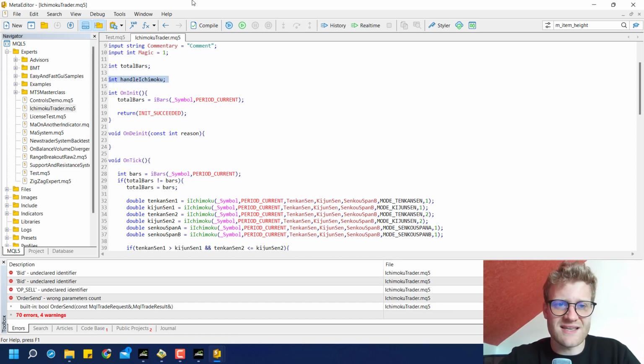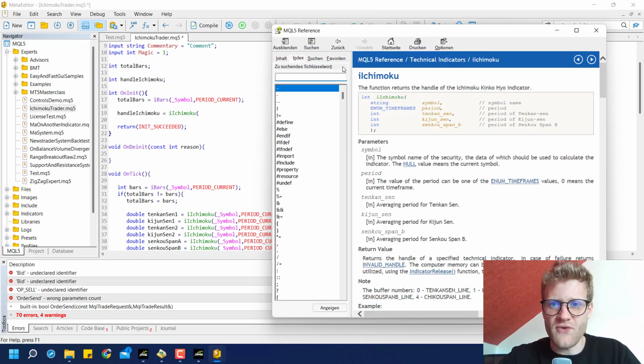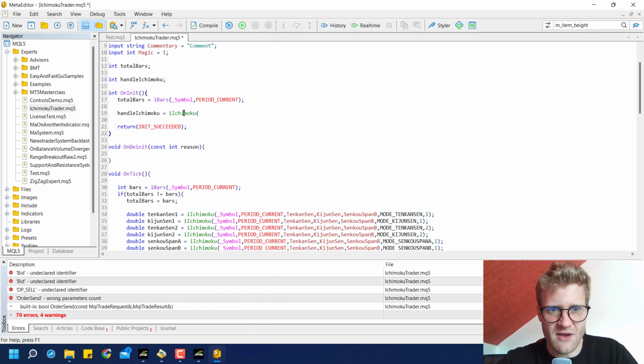And we declare this as a global variable. This is important because we will use it in several functions, more specifically in the onInit and the onTick function. So what we do here in the onInit is we call the Ichimoku function, because this function is also available in MetaTrader 5 programming, but as you can see here in the reference, which you can open by pressing F1